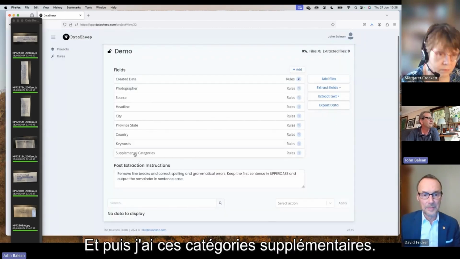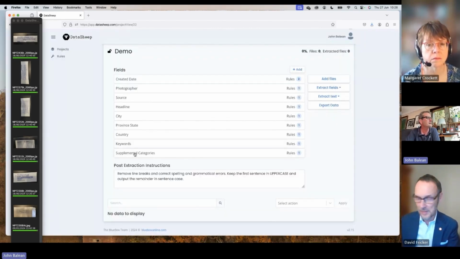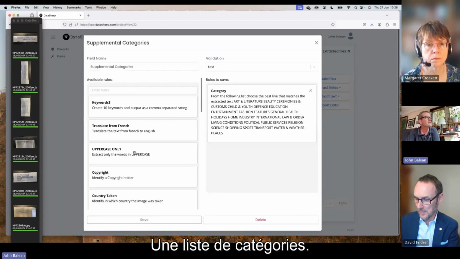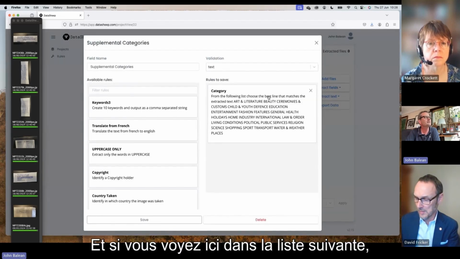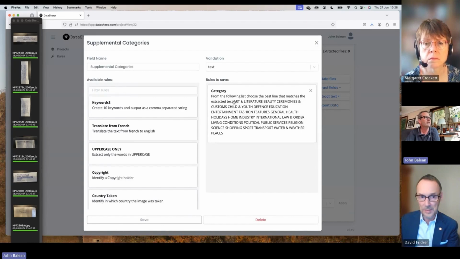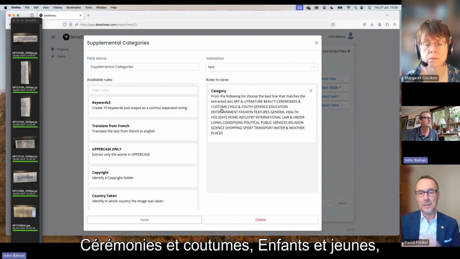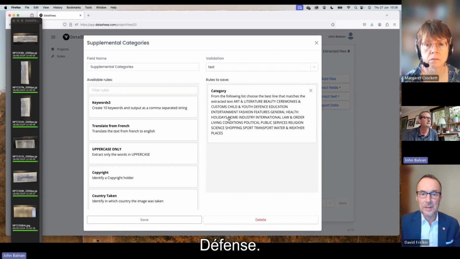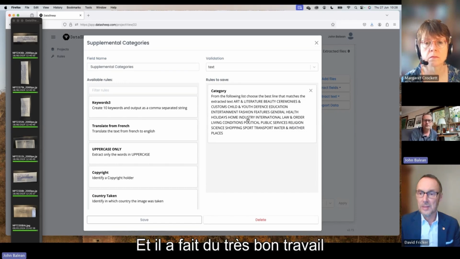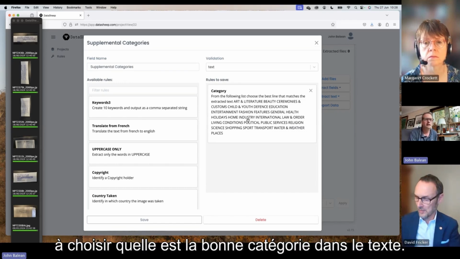And then I've got this supplemental categories. It's actually a category list. And if you see here, from the following list, choose the best line that matches the extracted text. These are actually all line breaks, but these are TopFoto's 26 main category headings: art, literature, beauty, ceremonies and customs, child and youth, defense. And it does a pretty good job at choosing which is the right category from the